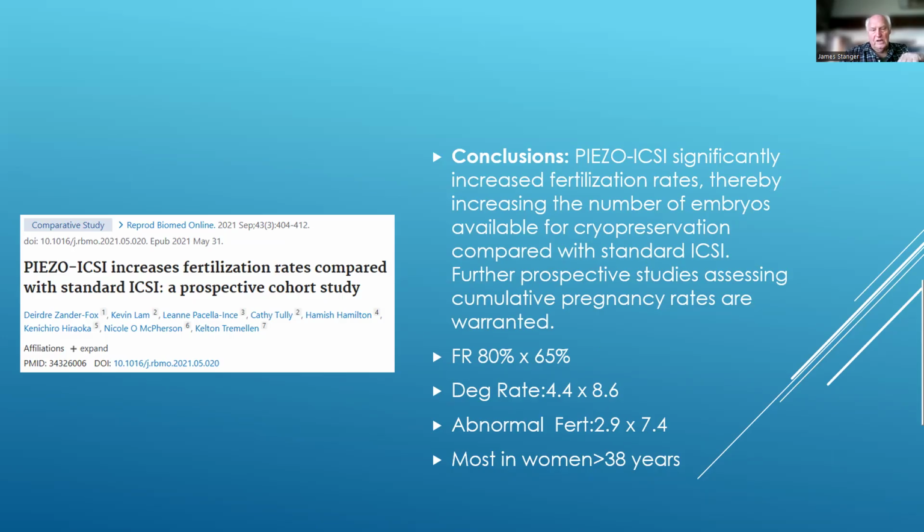But I thought their last comment was interesting, that this technique may be more valuable for women over 38, where oocyte quality is less, and therefore they may be more vulnerable to degeneration. So considering using Piezo ICSI for women over 38 may well produce that extra blastocyst you need for a better